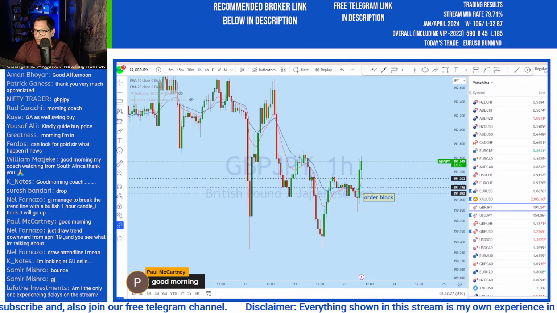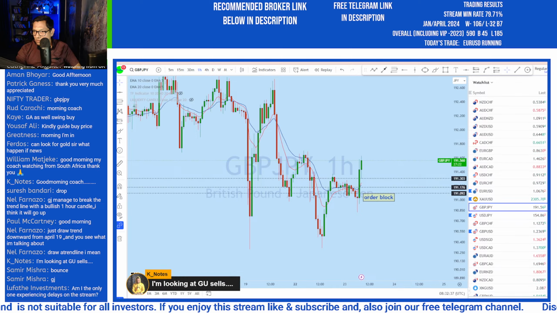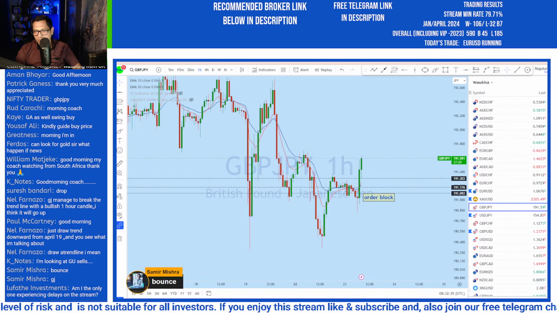Just draw a downtrend from April 19, and you see what I'm talking about. I'm looking at GJ. Why K notes, you are looking at GJ? Yeah,